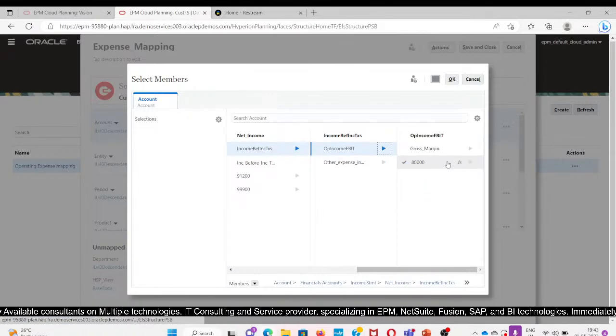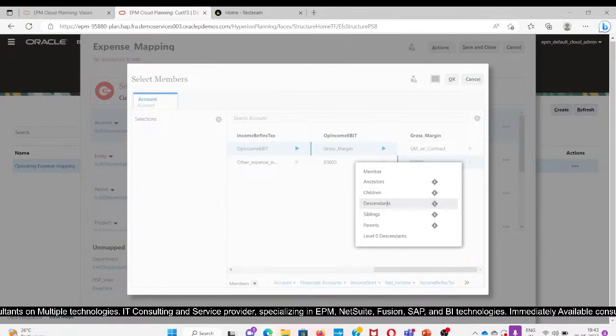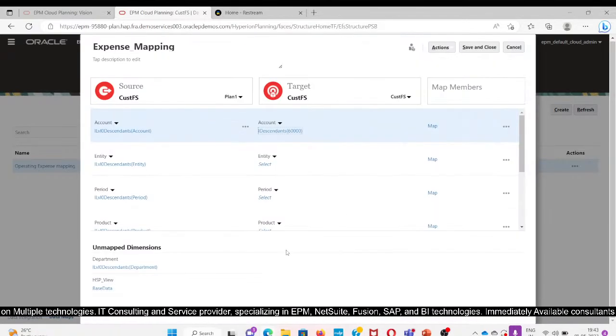Here it is going to be 60,000. Okay, so here I will click on this Fx and select the I descendants. Then I will click OK. This we have selected for the target. Similarly, we can select for the